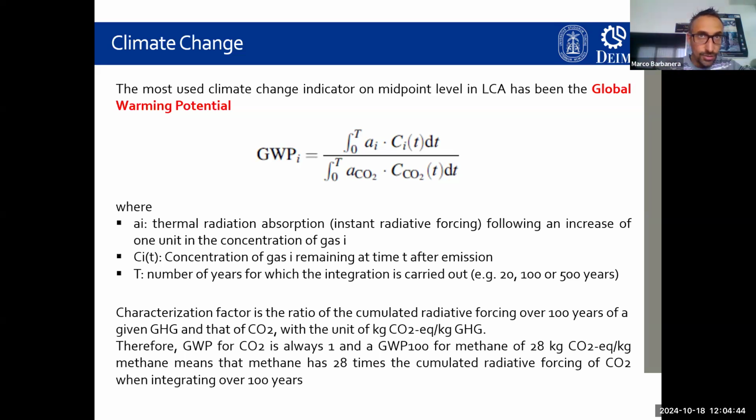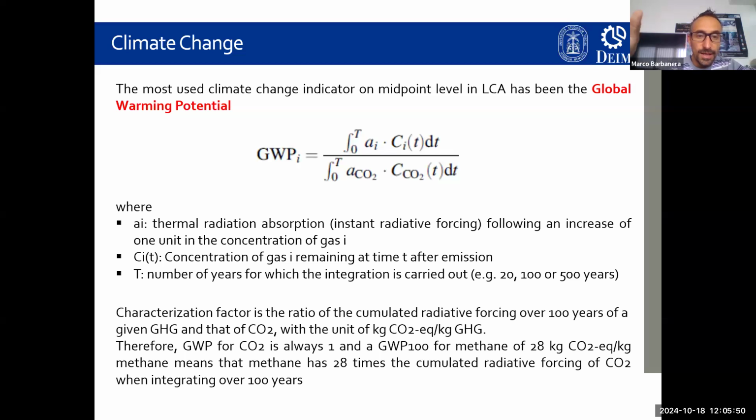In fact, when we refer to the global warming potential of a substance, we have to say that each compound, each greenhouse gas, could transform itself over time. Each substance, for example, a molecule of methane, or a molecule of another kind of greenhouse gas, say N2O, nitrous oxide, and so on, doesn't remain in the same state during the years, but could be transformed by chemical reactions into other compounds,